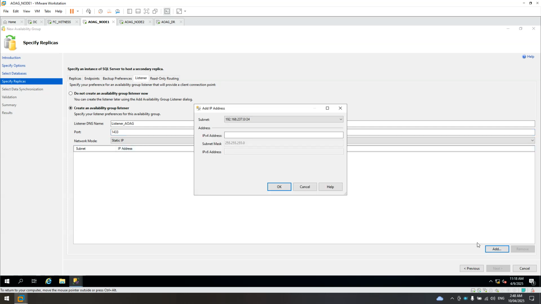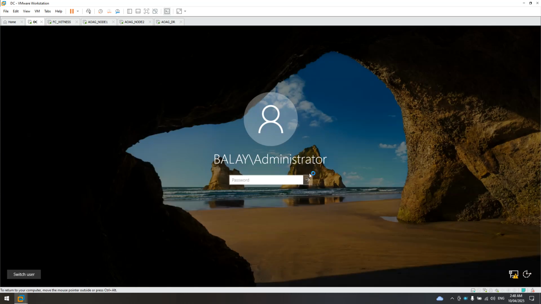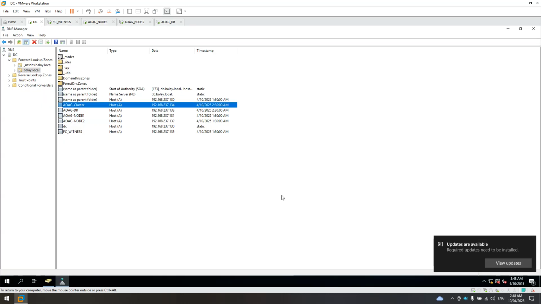And let's add an IP address. Let's go to the domain controller and check for IP address availability. Okay, what's available? 132, 133, 134, 136. Let's just use 136.